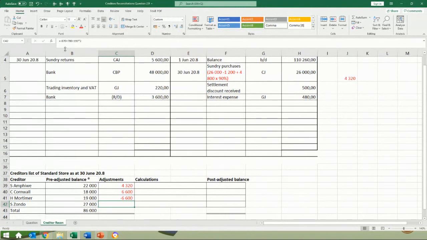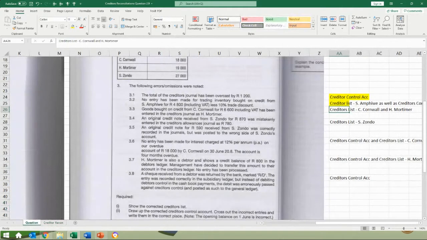Okay, so that is number 3. So that's how we adjusted so far. So we can tick that off as well. Now, if we go to number 4, that is where the original credit invoice received from Esondo was 870, and